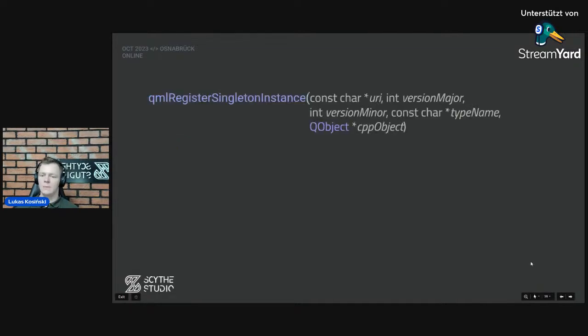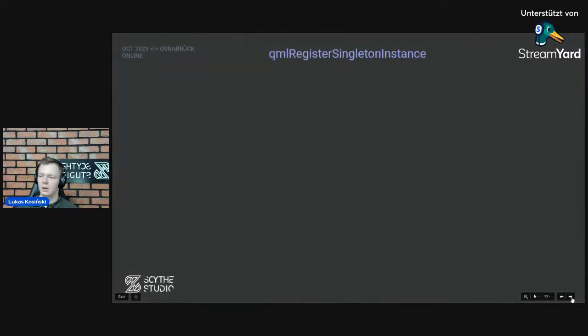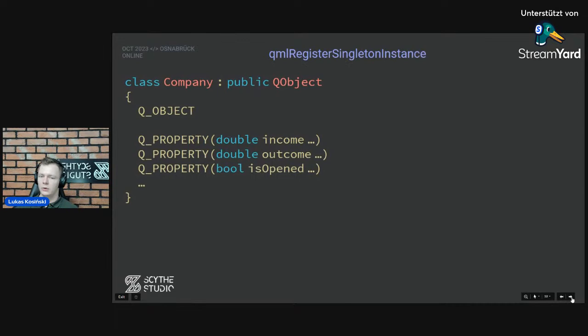Then in your C++ code, you call a method called qmlRegisterSingletonInstance. That's my preferred way of doing that, with some parameters; you will see an example in a second. So to achieve this effect, to access your C++ object in QML, you have to subclass QObject.